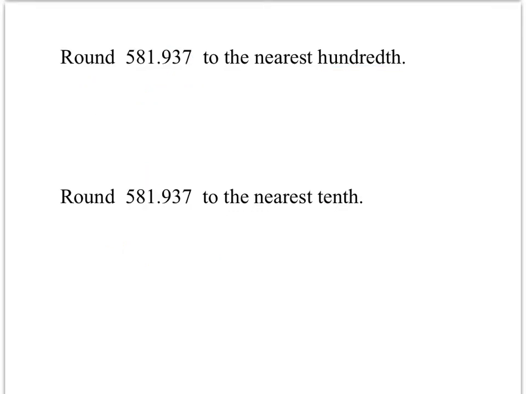Now I'm going to round the number 581.937 to the nearest hundredth place. Okay, step 1, I identify the hundredth place, and that is the 3. Step 2, I look at the digit to the right of that, which is a 7, and because it's 5 or greater, I'm going to raise that 3 up by adding 1 to it, raise it up to 4, and